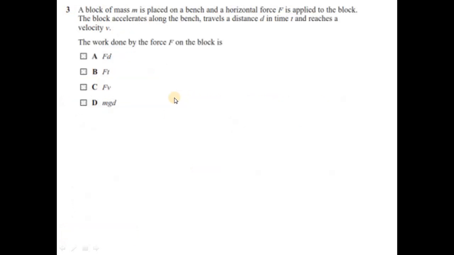Question number 3. A block of mass m is placed on a bench and a horizontal force F is applied to the block. The block accelerates along the bench, travels a distance d in time t, and reaches the velocity v. The work done by a force F on the block. So they give you many quantities. A block of mass m is moving from point A to point B under the influence of F, covers a distance of d in time t, and there's a change in velocity, and at the end it has a velocity v,